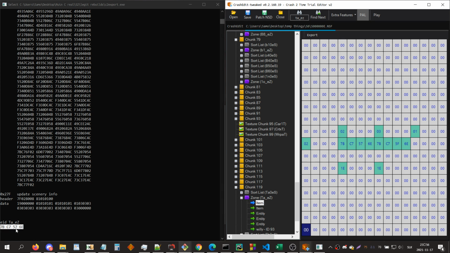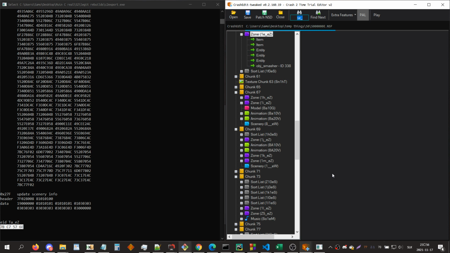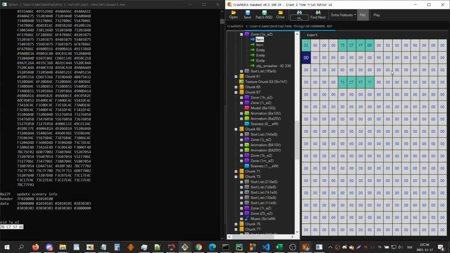7B-C7-576E, 7B-C7-576E. So we go back into 1E and we add a new neighbor, which we do by incrementing the neighbor count, which is this. You can see there are five zones listed here. We make it one more, and we write 7B-C7-57-6E there, and these numbers 1E, 10, 10, and 1E, all these are sort of just flags for